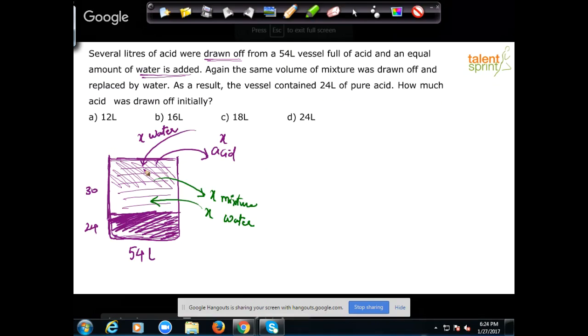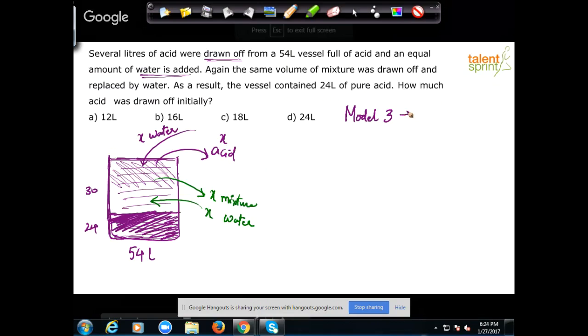So you know that the ratio of acid to water is 54 minus X is to X. And all that has to be done conventionally to get the answer. But then there is a smart way of solving this question, right? There's one simple equation that you need to remember. And we have discussed this equation in our videos as well. This is, in fact, model number 3 from allegations and mixtures.